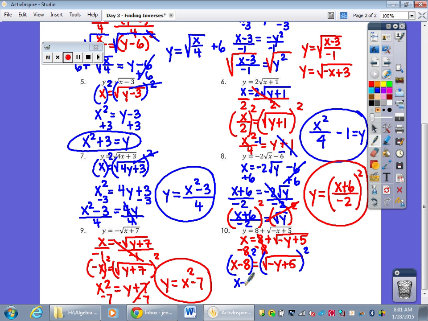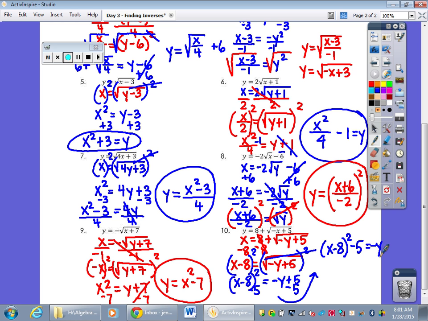So we have x minus 8 quantity squared equals negative y plus 5, because that's going to cancel. Subtract 5. So you have, I'm going to continue this up here, x minus 8 quantity squared minus 5 equals